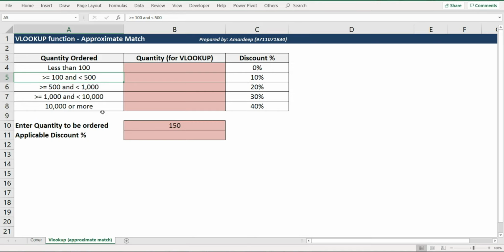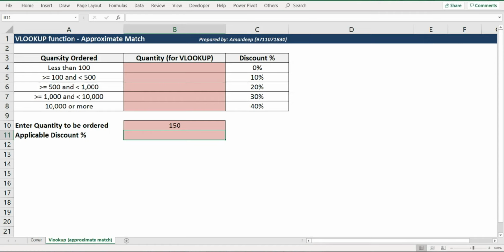Now, what I need to do over here is mention a particular quantity as an input number, which the particular person would be ordering. And on the basis of that quantity ordered by the individual, we need to find out the applicable discount percentage in this cell B11. Now you could look at this particular case in a way that we are trying to do a lookup on the quantity, because whatever quantity the person will order, we would need to go back to this original slab that we have at the top, and on the basis of this slab we would need to decide what is the kind of discount percentage offered to the customer.